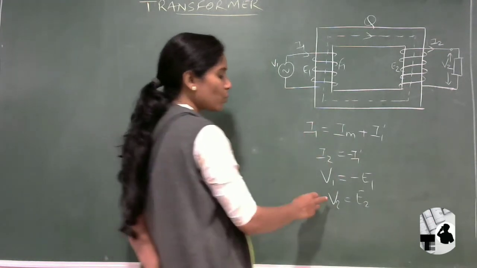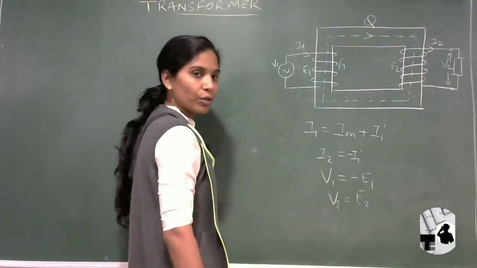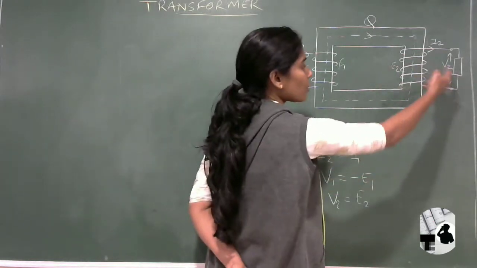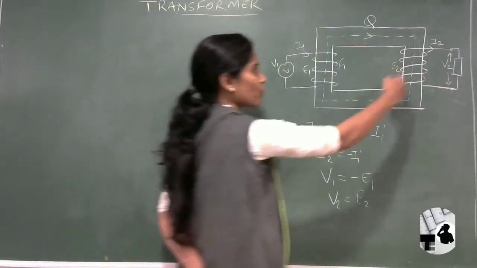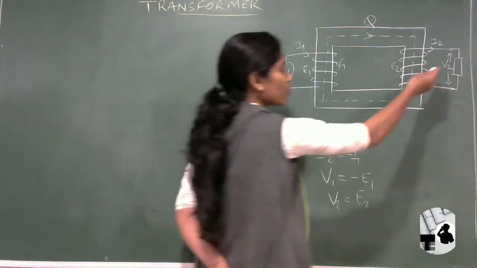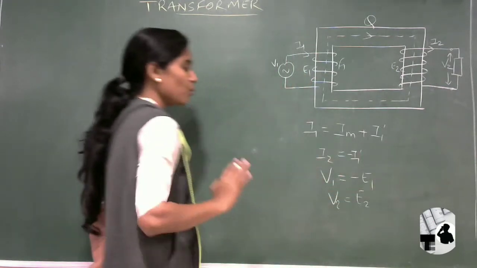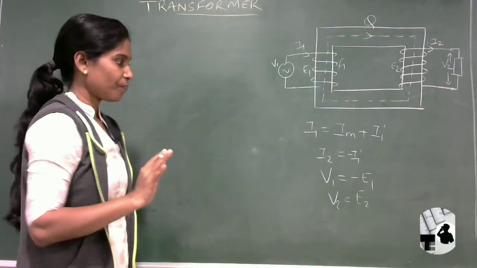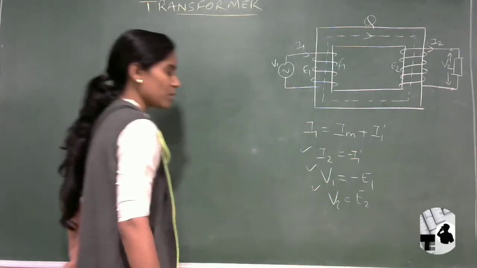Now, we need not take V2 equals minus E2, because they are not the cause, they are not going to oppose. E2 we are getting because of V1. There is no generation connection for V2. V2 is the voltage drop across the load, and that is due to E2. So there will be no negative sign or opposing nature. Right? So these three equations we are going to utilize for the further phasor diagram.